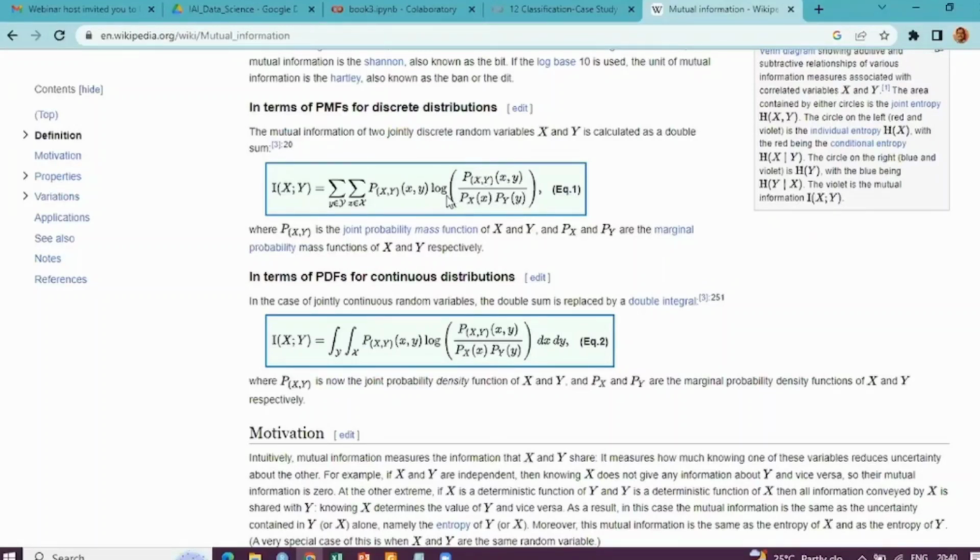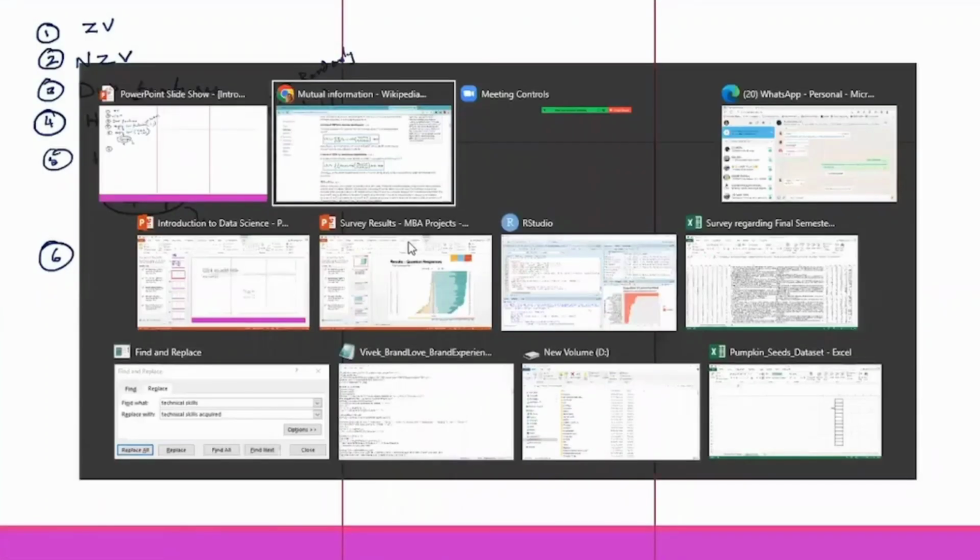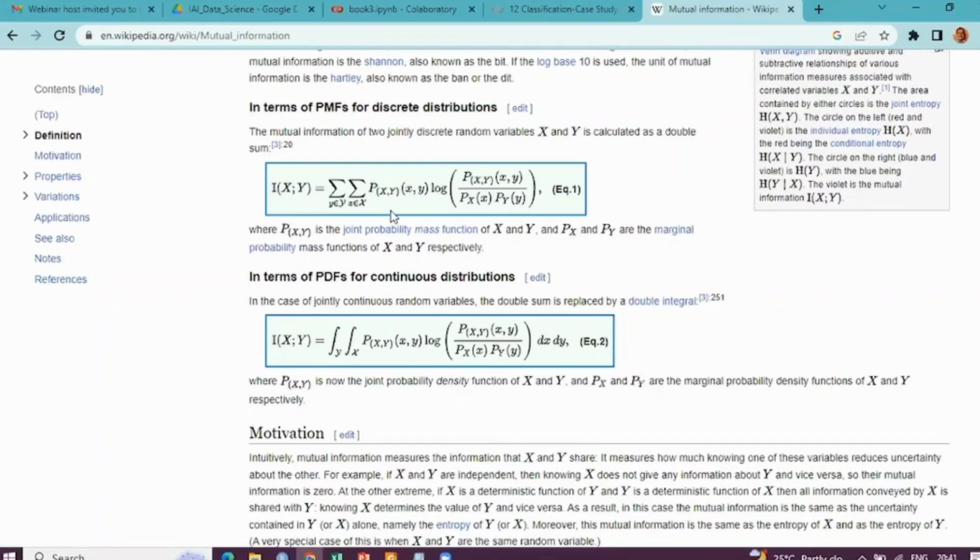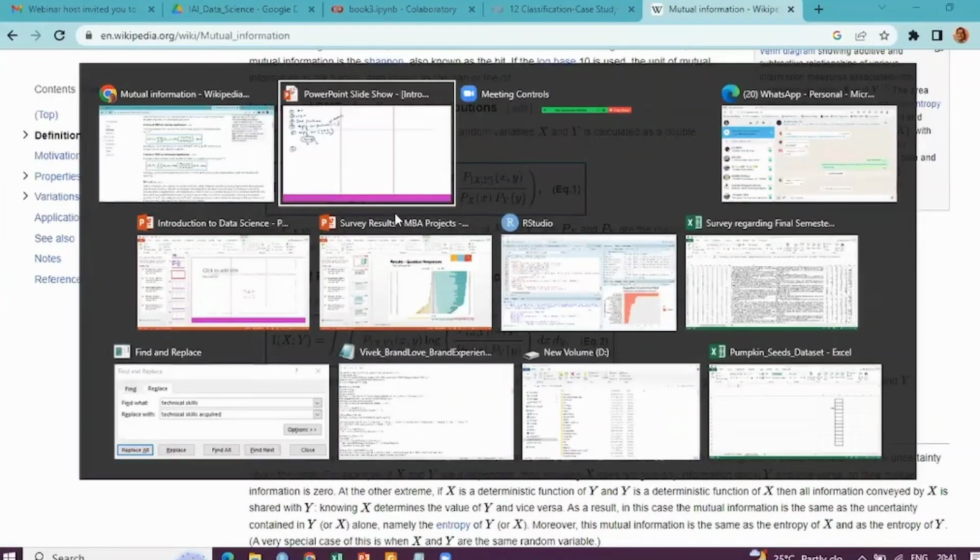So this ratio will be less than 1. Log of a value less than 1 is a negative value, and you are multiplying that with a probability, and you are adding across. So that is what is typically coming out as the mutual info score,